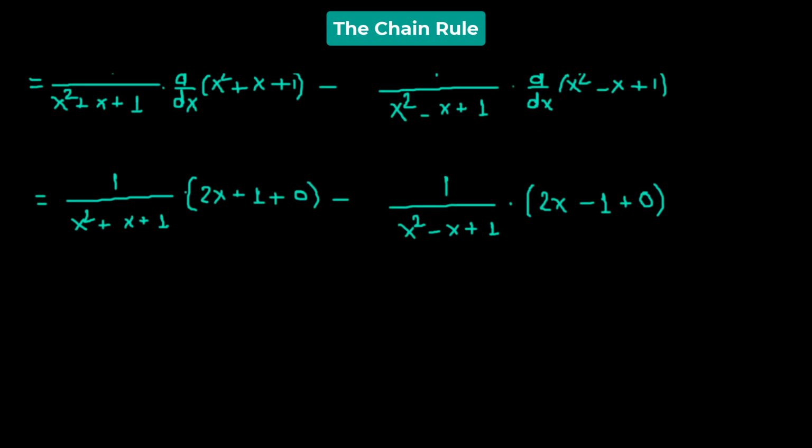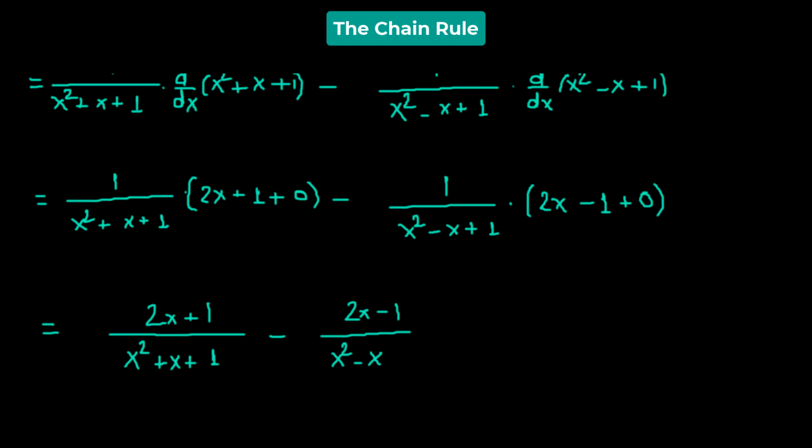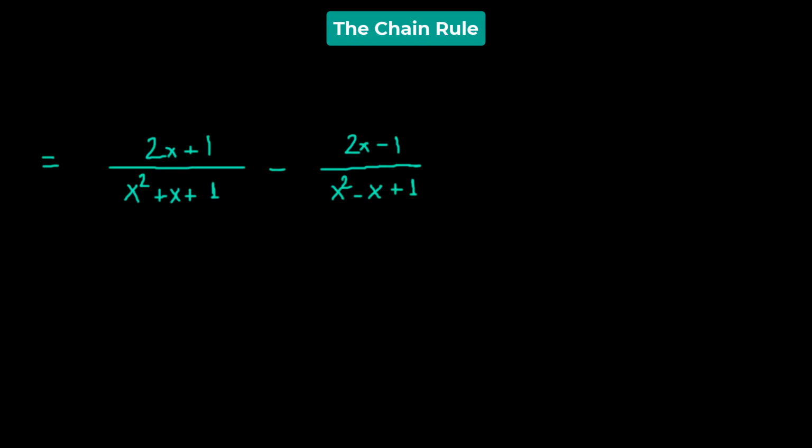So that gives us (2x plus 1) over (x squared plus x plus 1) minus (2x minus 1) divided by (x squared minus x plus 1). So this is the derivative of the given function with respect to x. So we can go ahead and simplify this particular expression. We can combine the two fractions, the two rational functions, and that should give us